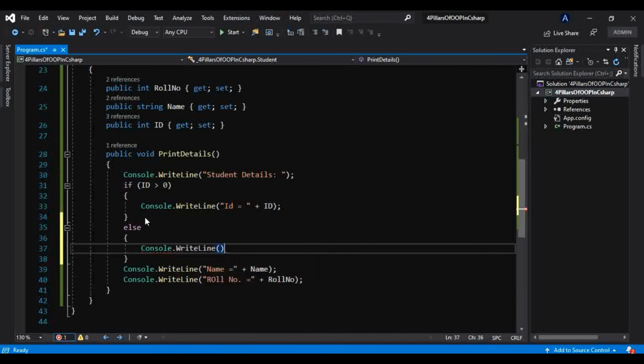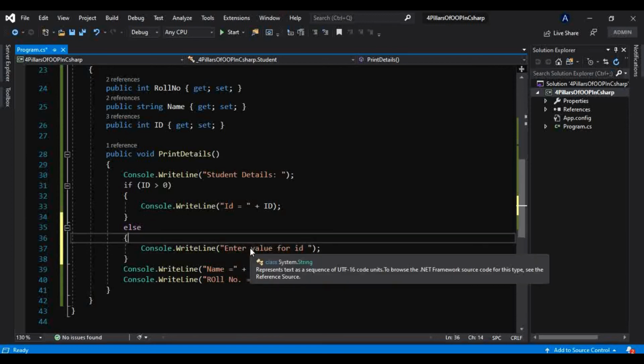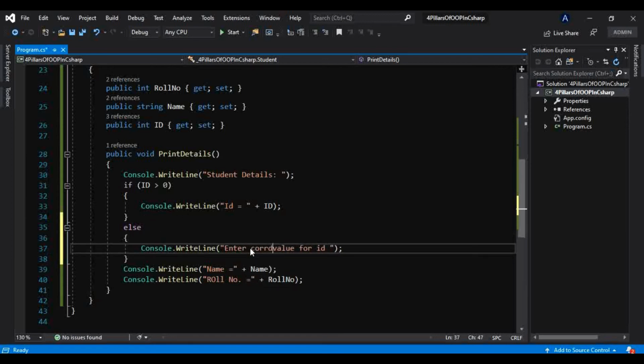What we can print here: enter correct value for ID.